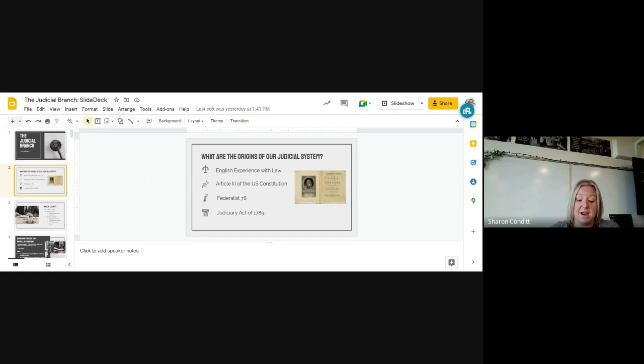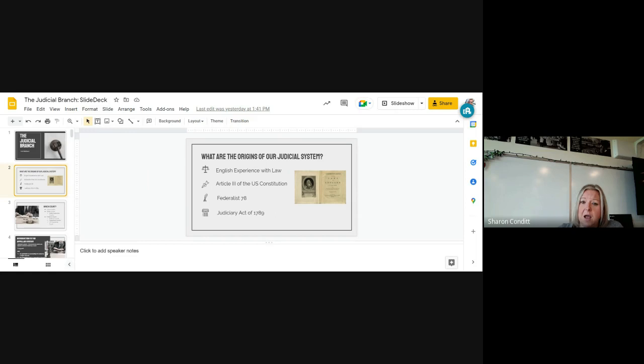Essentially, this act has two purposes, right? It structures the federal system of courts by fleshing out these provisions of Article 3. And some of that includes establishing really the makeup of the Supreme Court. And we've learned that there's some missing information in Article 3 about what the Supreme Court is actually supposed to look like. So it fleshes that out. It fleshes out what circuit courts are going to look like and what district courts are going to look like. So let's first talk about the Supreme Court.